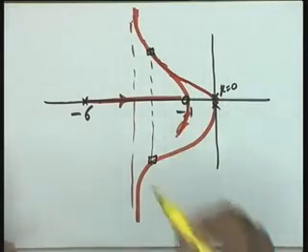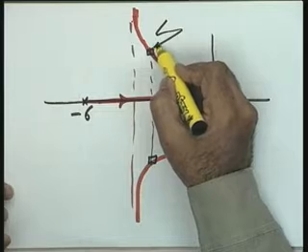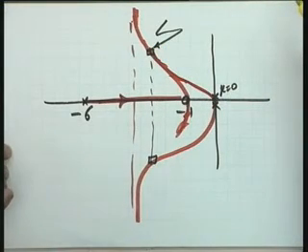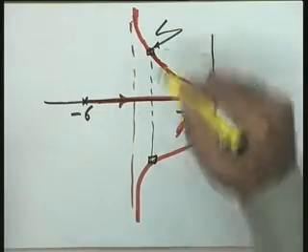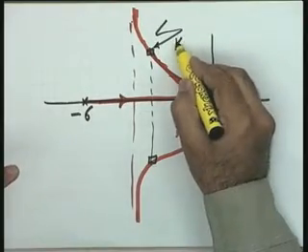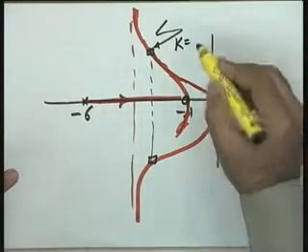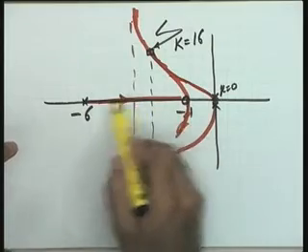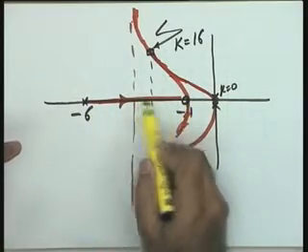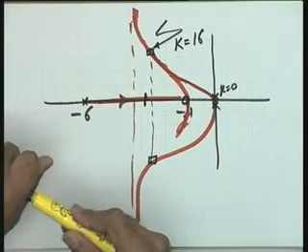In this particular case, to get the third pole, what do you require? You will have to calculate the value of k by the magnitude criterion. So I can now say that this is the third important step in your design. The second step you have taken, but for the location of this particular zero, where do I locate? The third important step is that at this particular point you calculate the value of k by the magnitude criterion, and the value of k turns out to be 16 in this particular case. Corresponding to the value of k, you will try to locate the third pole, and the third pole will be located on this particular segment, and let us say that this is the location of the third pole.